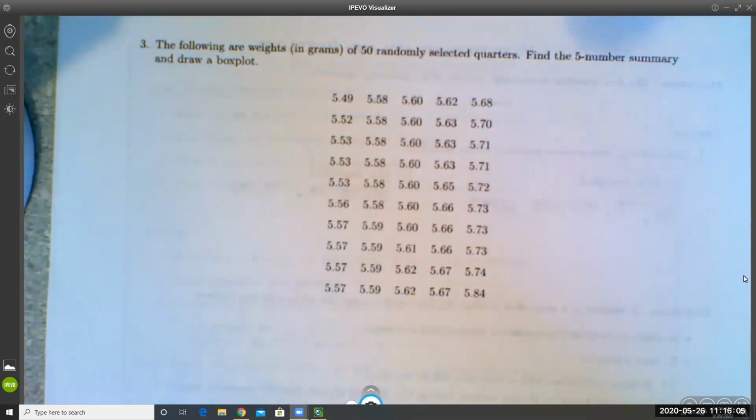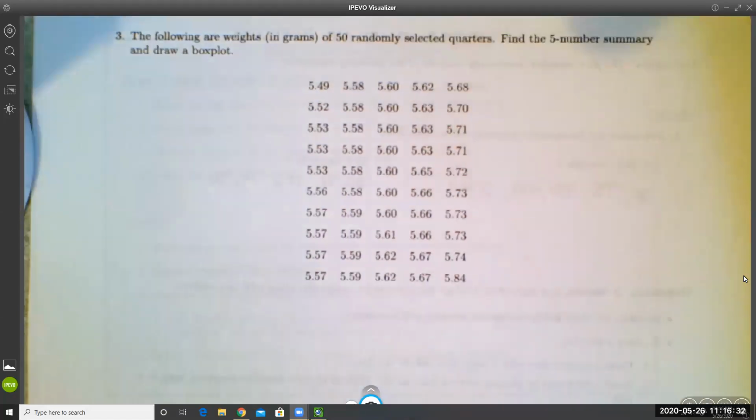So first things first, the data has to be arranged in order. Unfortunately for us, I think that's already the case, right? It's arranged in order down the columns. So if you go down this way, and then back up here and down, all of these values are already in order from smallest to largest, so that's good. This quarter must have been dirty or something, like it had some extra weight added onto it. I don't know. Maybe this quarter was missing a piece. But anyway,